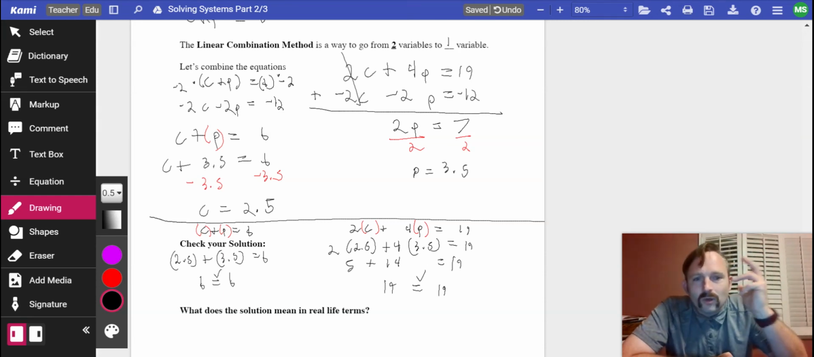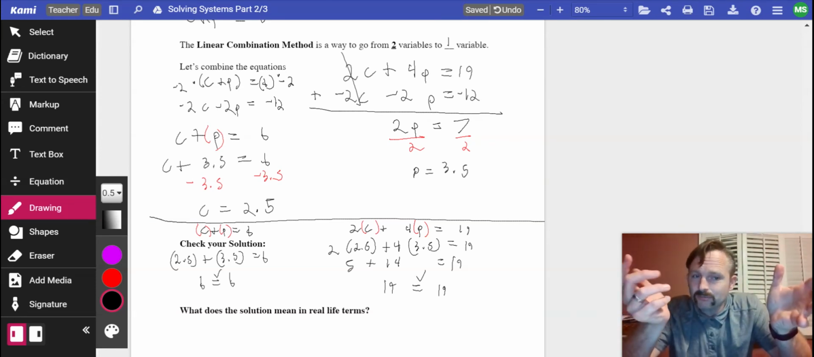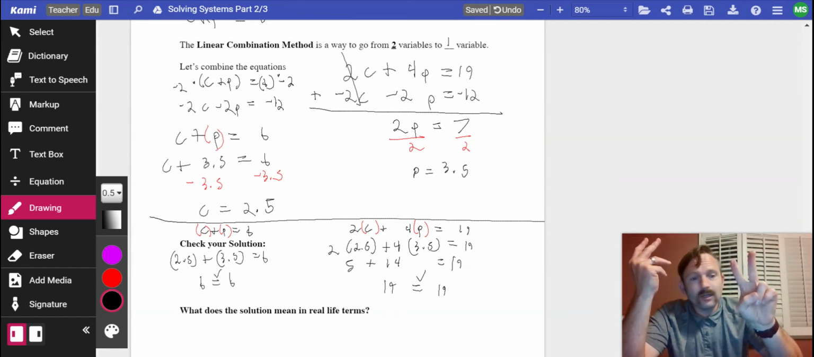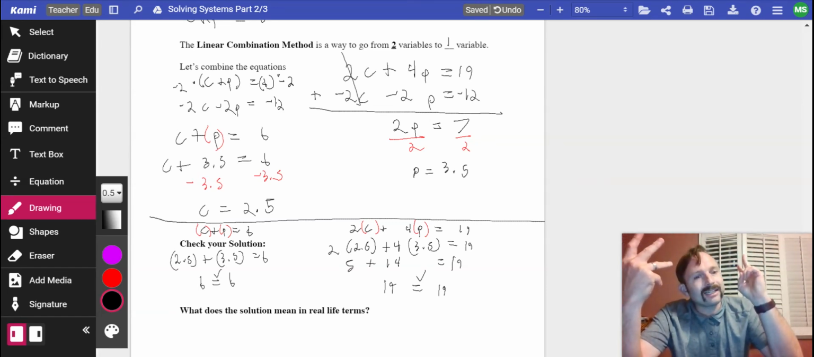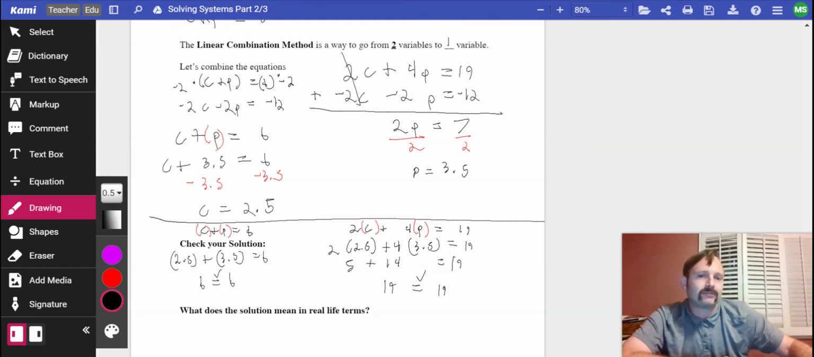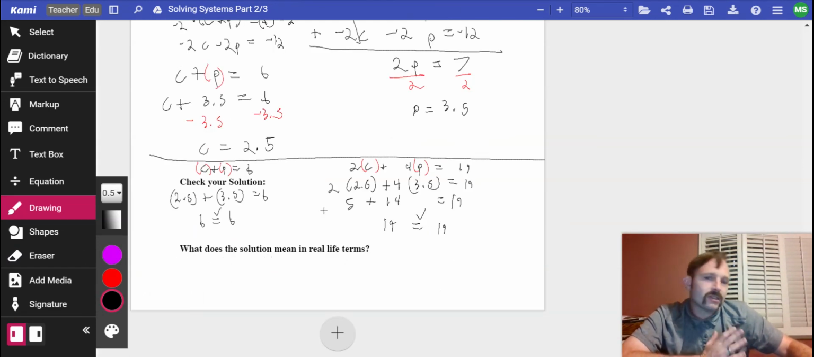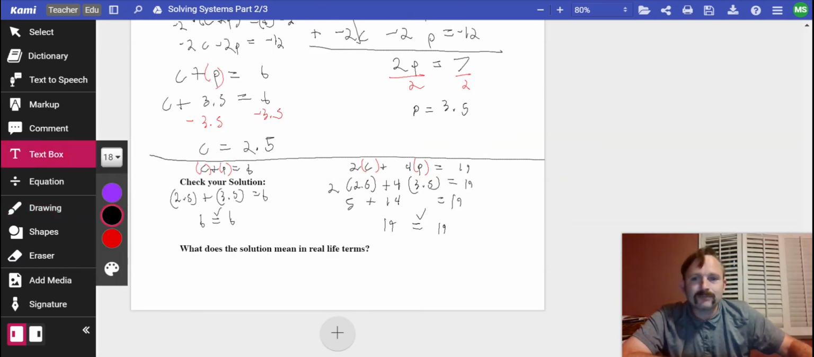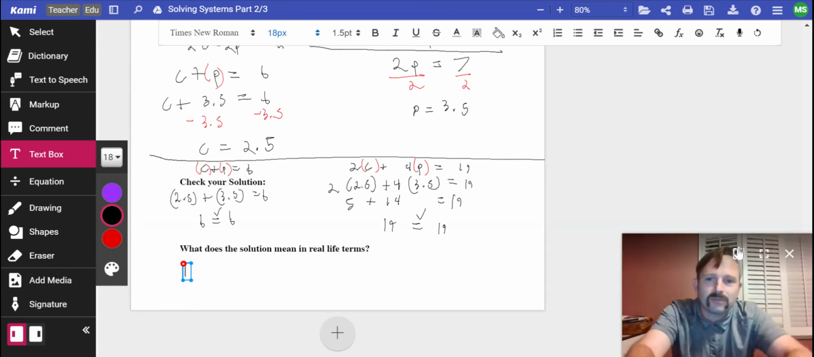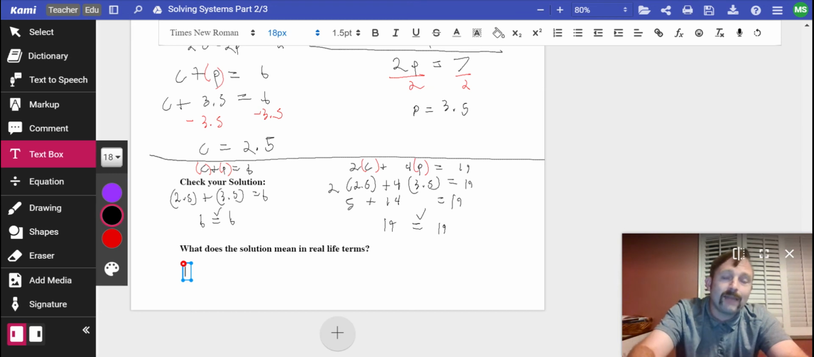So in order to check your solution, how many equations do we have in a system of equations? Well, in this system of equations, we have 2. So to check our work, we have to plug our solution into both of the equations. So what does the solution mean in real life terms? Well, in real life terms, hypothetically,